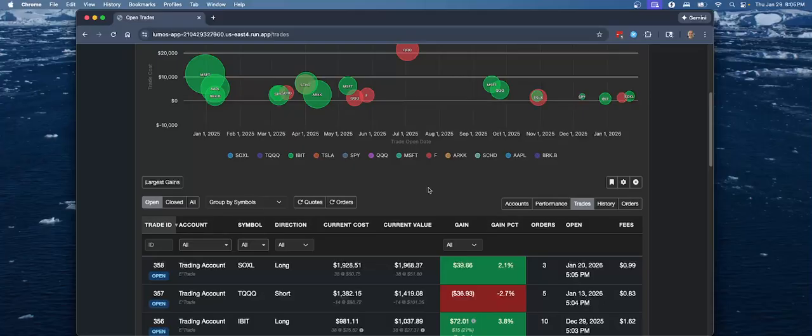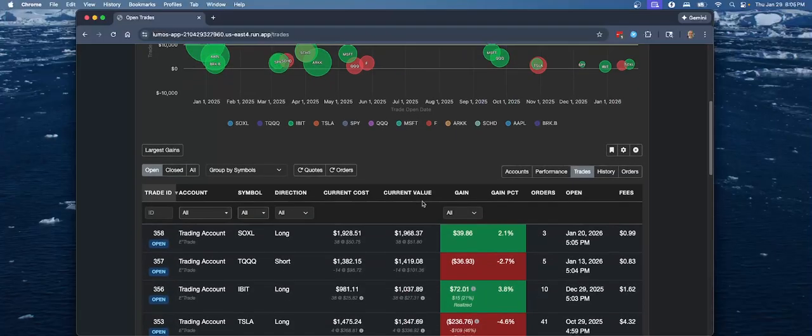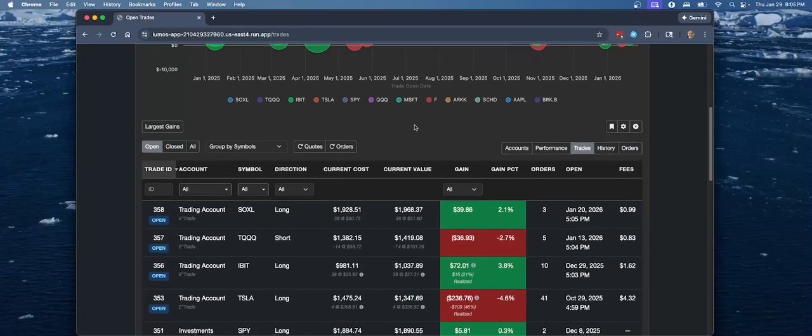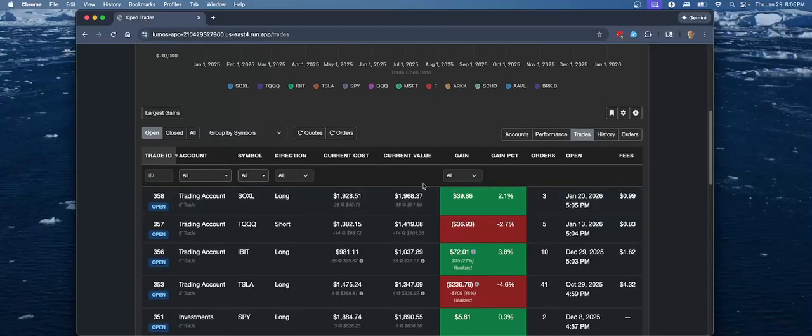As you lowered your cost basis by buying the dip, and then sold partials as it was scaled in, your average cost would go down, and that was not reflected in the brokers. You can see that is represented automatically here, and you can see for each of these. So these are my open trades, for example, in this simulator. You can see the average cost is $50.75 for this Soxal trade for 38 quantity, and the average selling price